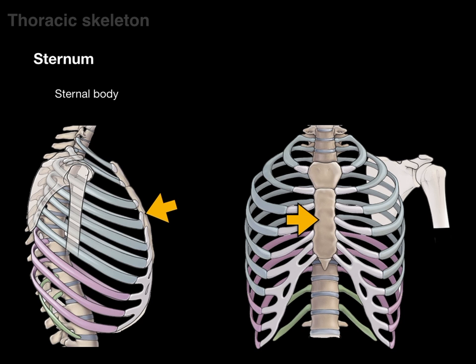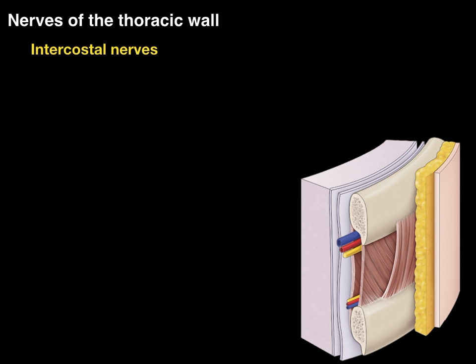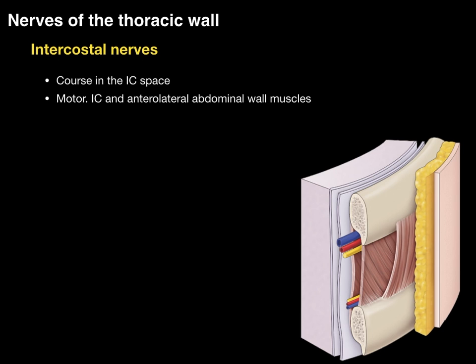Now, the sternal body forms the major body where costal cartilage from the rib cage articulates, and then the xiphoid process is this pointy inferior projection on the sternum. So the nerves of the thoracic wall, the major ones are the intercostal nerves, and they course in the intercostal space. They provide motor to the